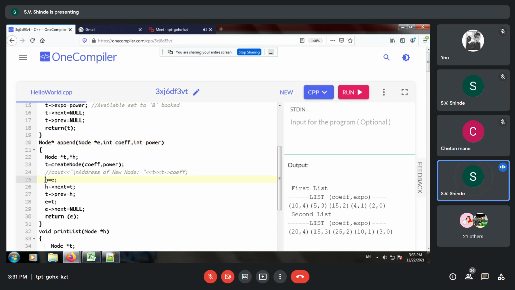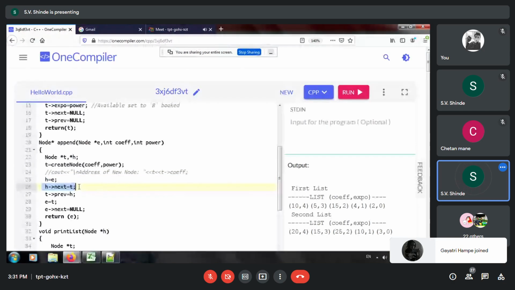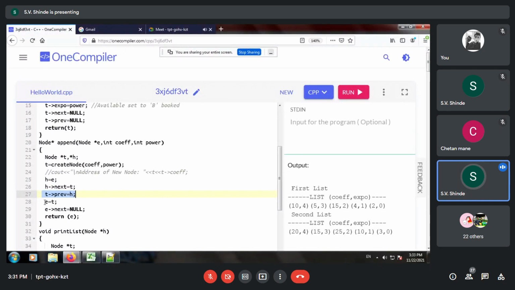So your starting node for appending is nothing but E, that is the end node. So we say end arrow next is equal to the new node T, T arrow previous is equal to the end node, and shifting the end node to the position of T. So E is equal to T, and setting E arrow next is equal to null. So this is where we are appending new values to it.